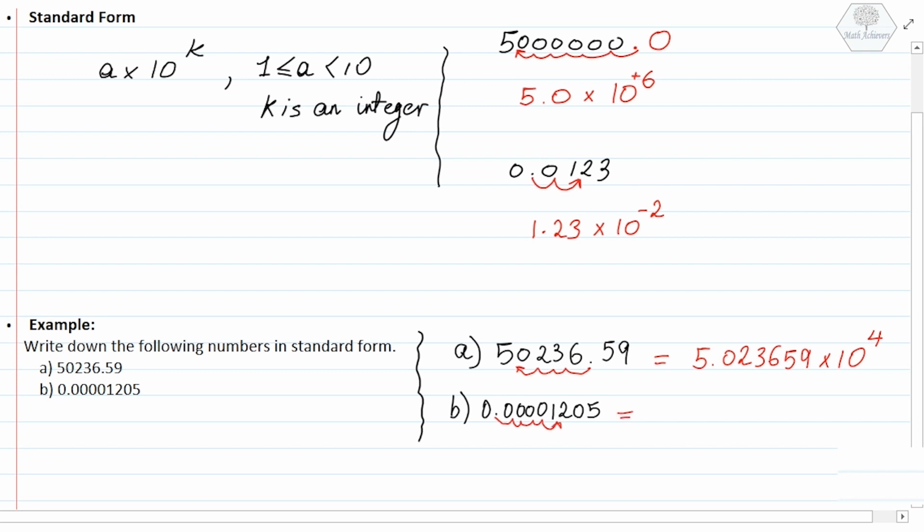So my number would be 4.01205 times 10 to the power of negative 5, because I moved the decimal point 5 places to the right. That's why I will be having the power to be negative. Now let's go and